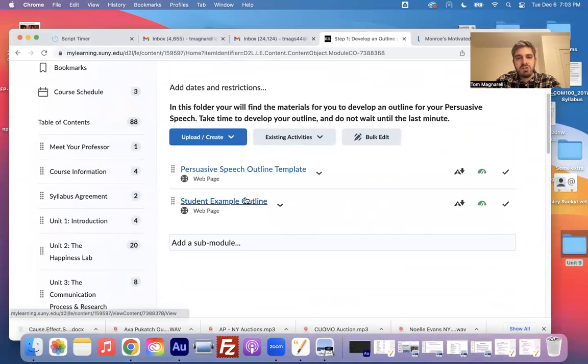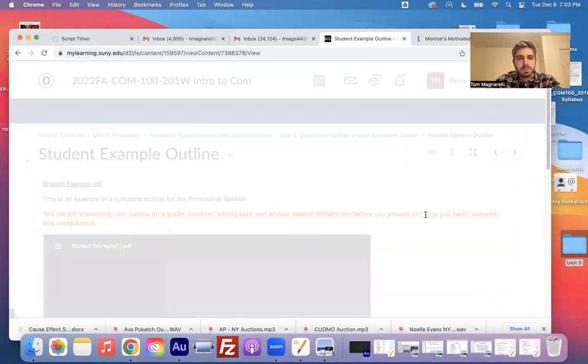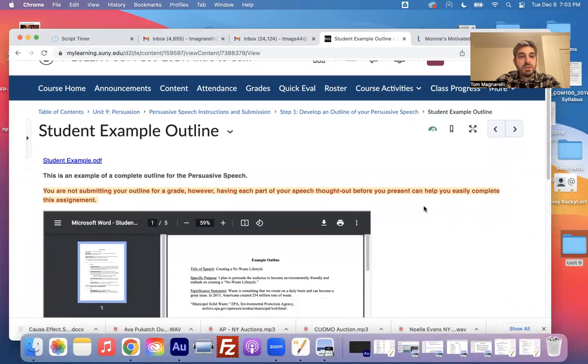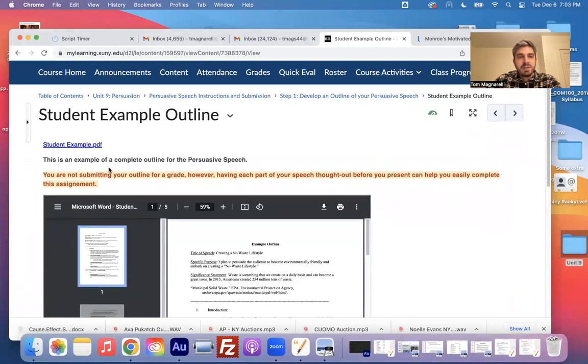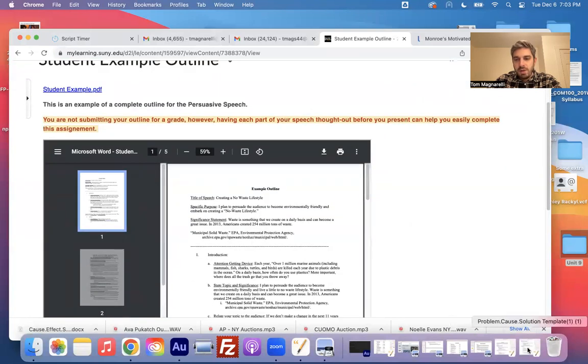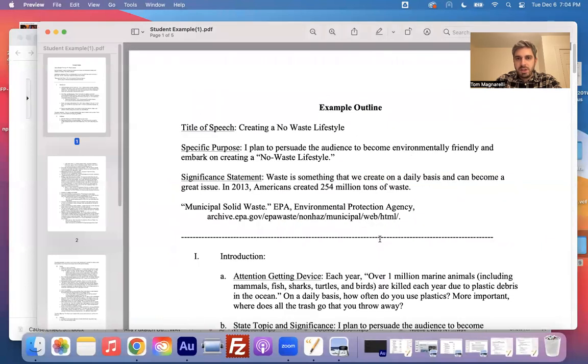Okay, so we did the persuasive speech outline template. We have a student example. This is an example of a complete outline for the persuasive speech. You are not submitting your outline for a grade. However, having each part of your speech thought out before you present can help you easily complete this assignment. Okay? The student example looks something like this. I'm not going to go through all of this. We have the title of the speech, the specific purpose,